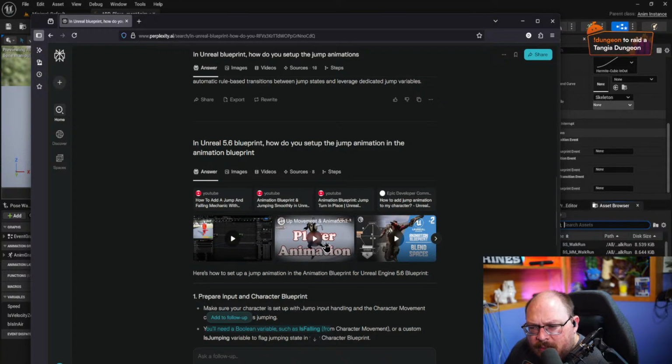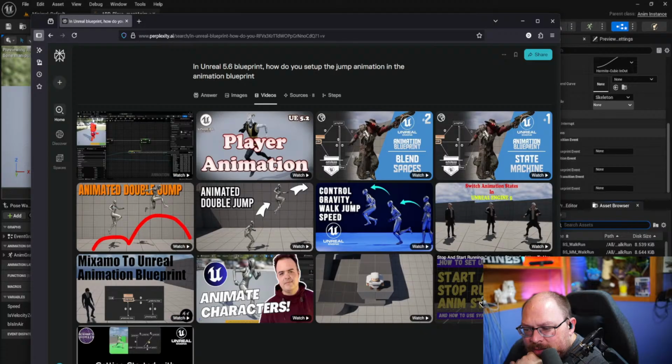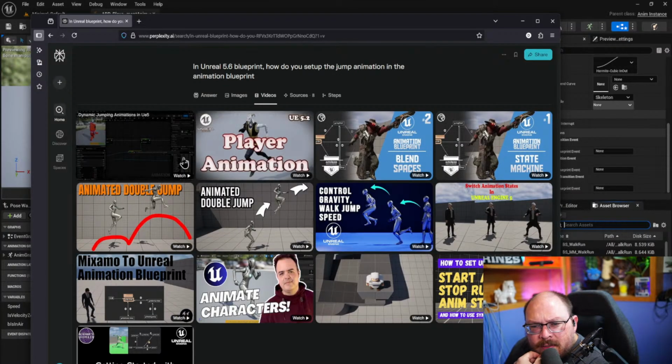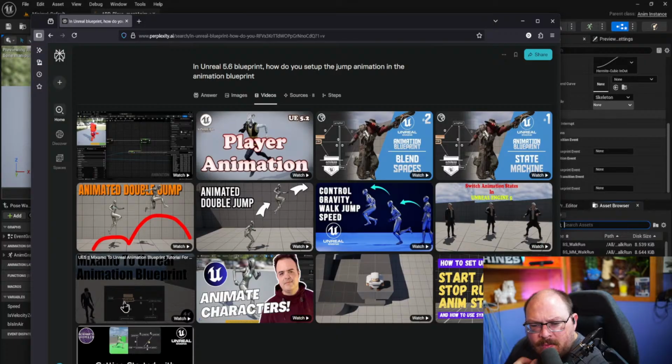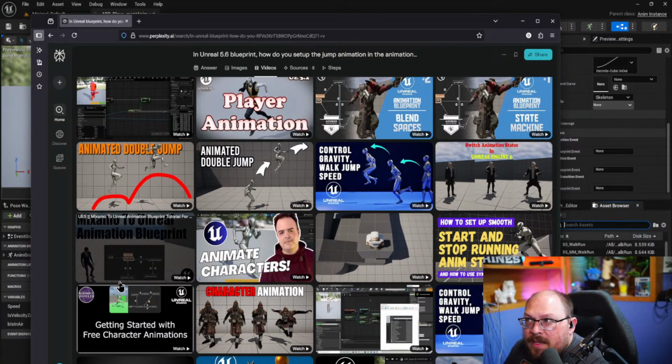Dynamic jump, up movement and animation, Unreal blend spaces. Wow. Start stop running we don't want, so we don't want to double jump. It's not that hard. Once you get the jump down, you can then set one of the abilities to do the jump,